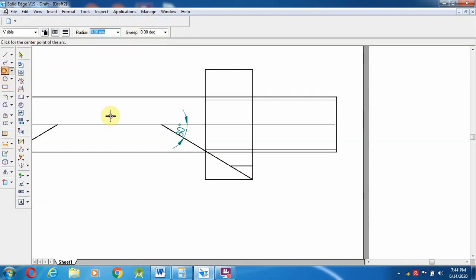So select from here to, you can give the radius as 10.39. So you can start from this particular line and end at this line, or you can extend it, it's not an issue. Then go here, the option is called trim.